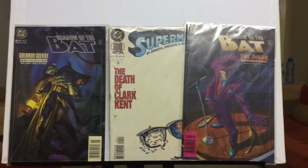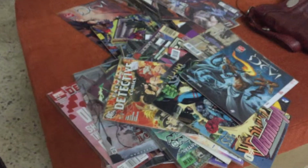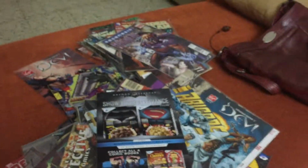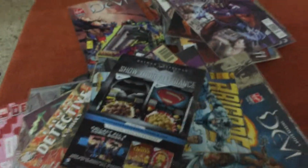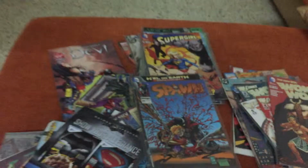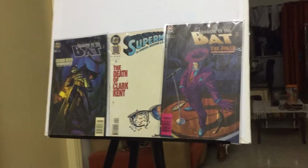So interesting call, guys. I simply want to show you more. If you look around, there are a lot of other comics which I am yet to go through, and I've shown most of these comics to you over the time, but I keep collecting and I keep collecting more and more, right. So hope you like my haul,